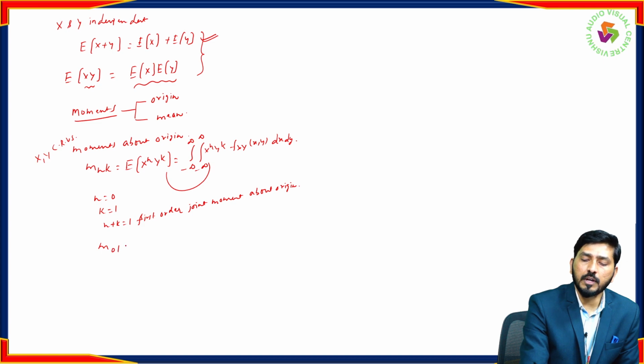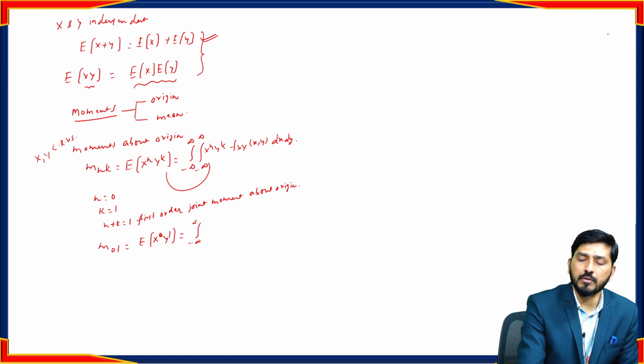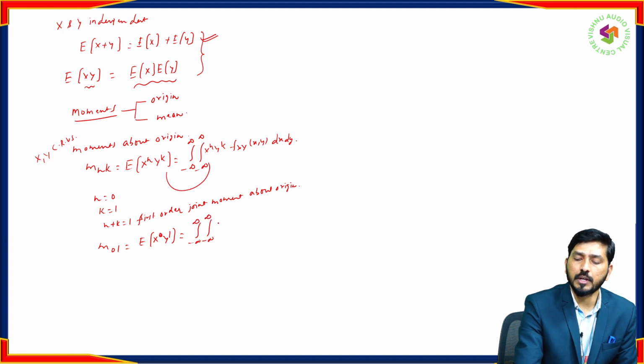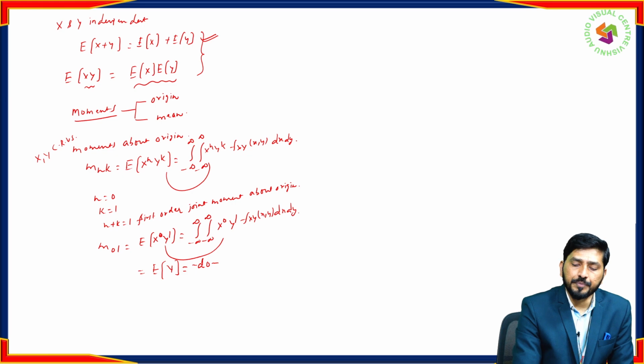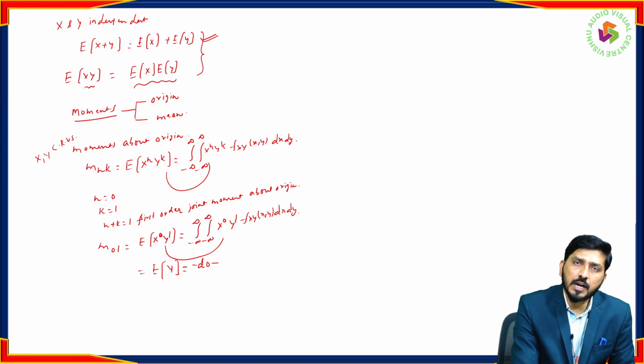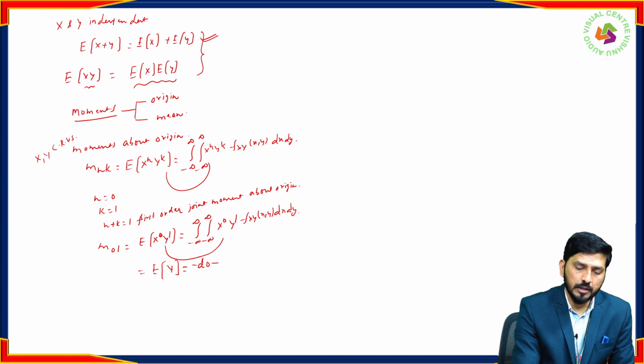Mathematically, m_01 equals expectation of X^0 Y^1, which is equal to the double integral from minus infinity to infinity of X^0 Y^1, whatever is there you bring inside the integral, times f_XY(x,y) dx dy. Now X^0 means 1, and it is nothing but expectation of Y. This is what we call the first order joint moment about origin. Now similarly,